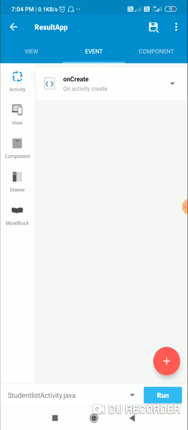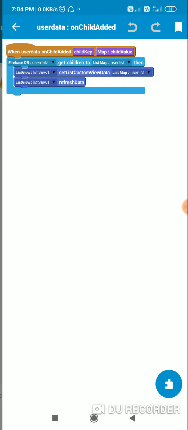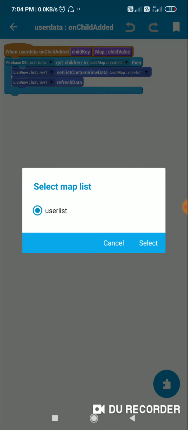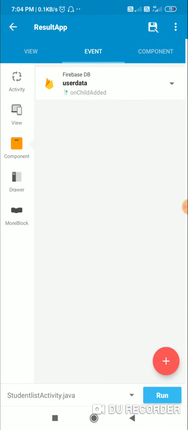and in the beginning the first event will be on child added. Here I get the children to list map user list and display user list in list view 1.